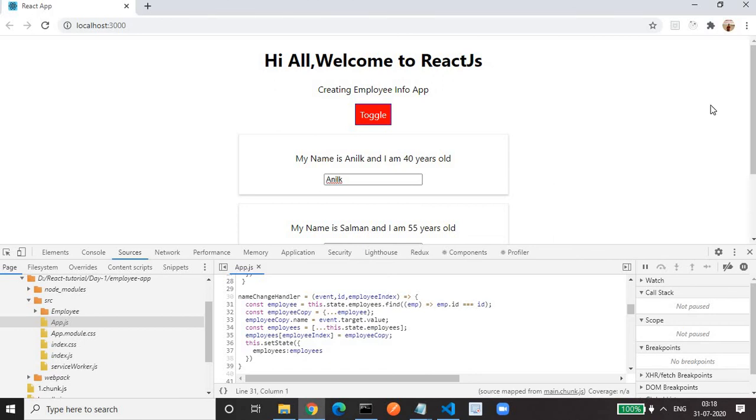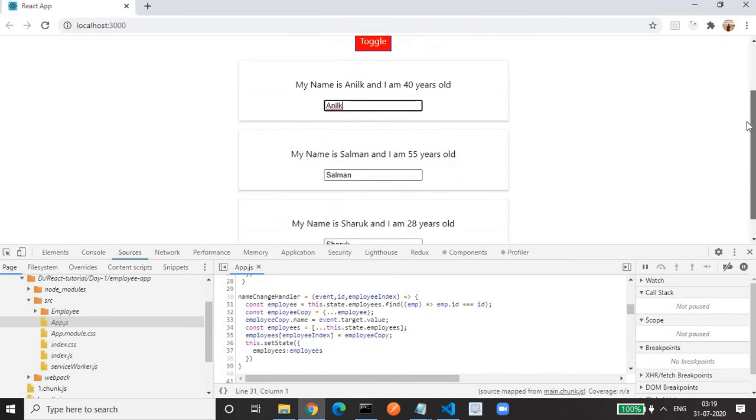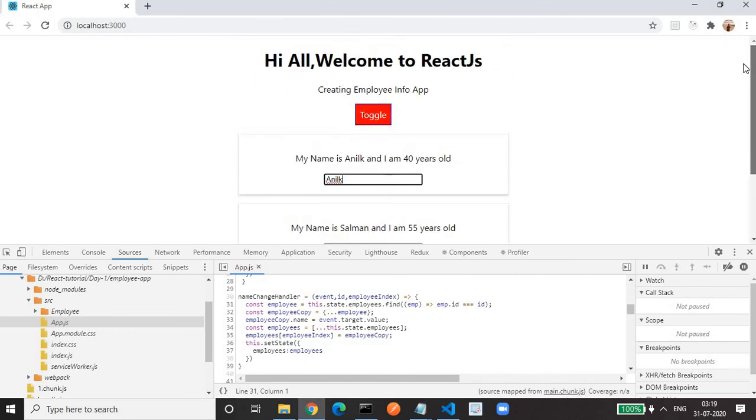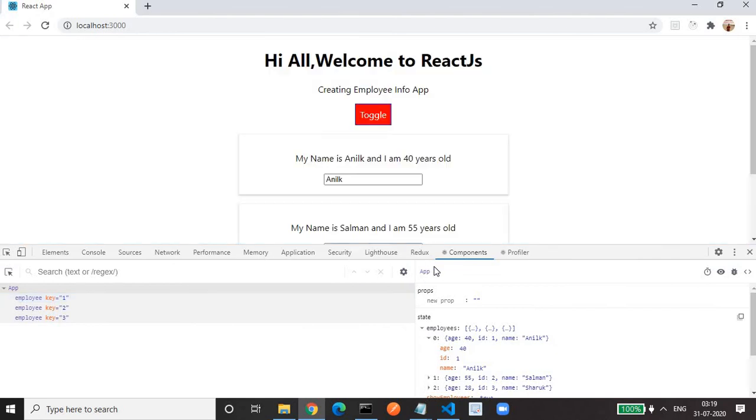So in today's session we have covered how to utilize the CSS module so that our CSS file will get scoped to the component in which it is imported, how we can apply dynamic classes, how we can apply the style dynamically, how we can debug our application, what is the use of dev tools, and we can see the props and state in the component section of the dev tools. We can play with the prop and state. Okay, so these are all of the important concepts that we have covered today.